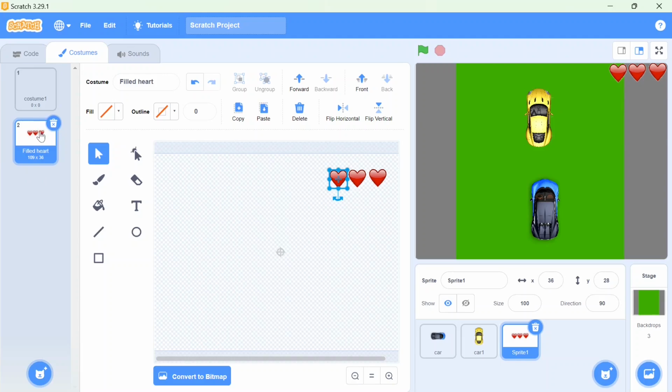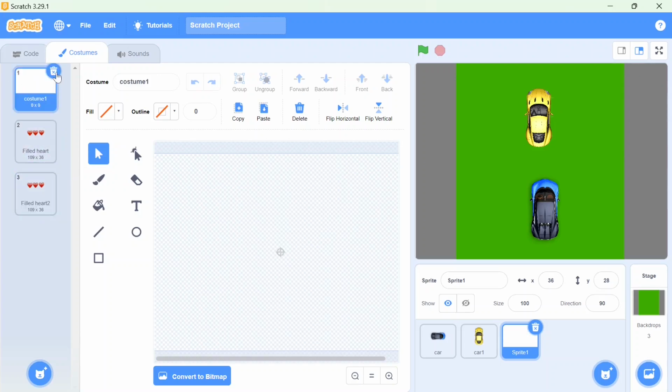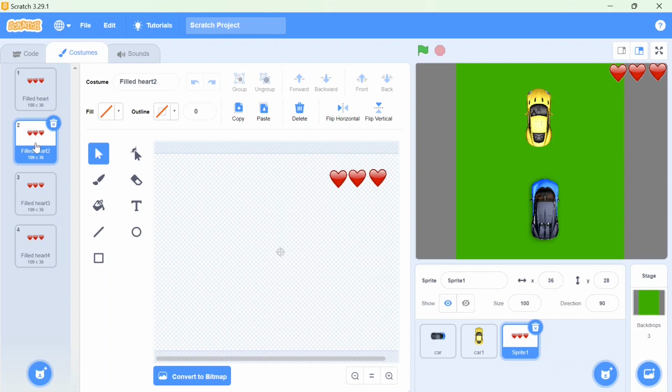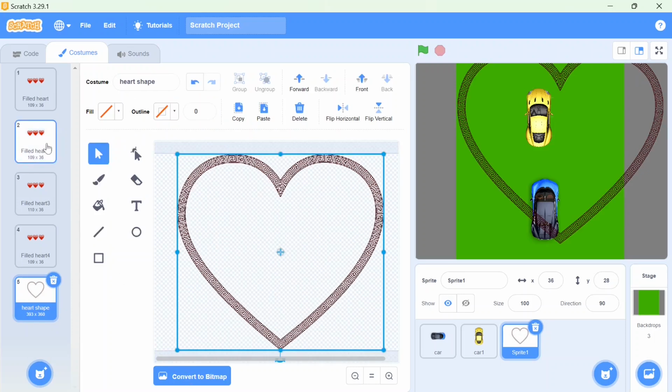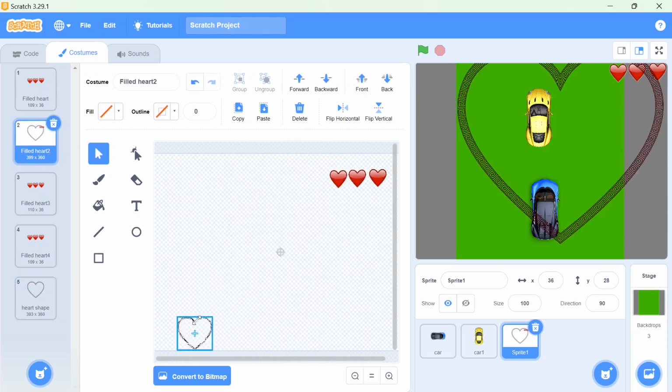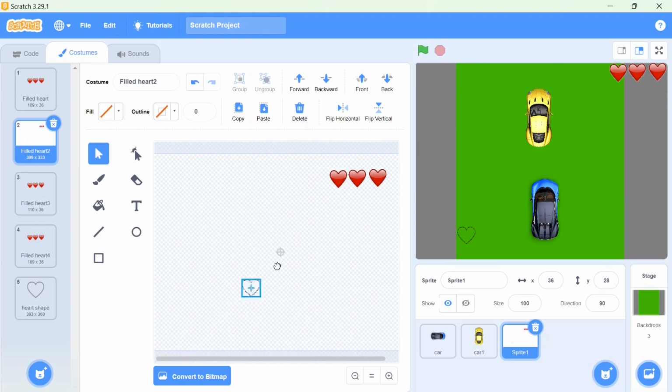In the same way I'm going to create my other 3 costumes. So I'll duplicate it. Next, this empty one I don't want. Okay. What kind of change do I want in this one? Here I want 1 heart to be empty. Again I'm going to upload my other costume. And here you can see my heart has come, convert to bitmap. You can copy this costume and put it here. Now I'm going to reduce its size, take it, replace 1 red heart and put in this 1 empty heart. You can see. Now this one I'm going to delete. See, our second costume is ready.